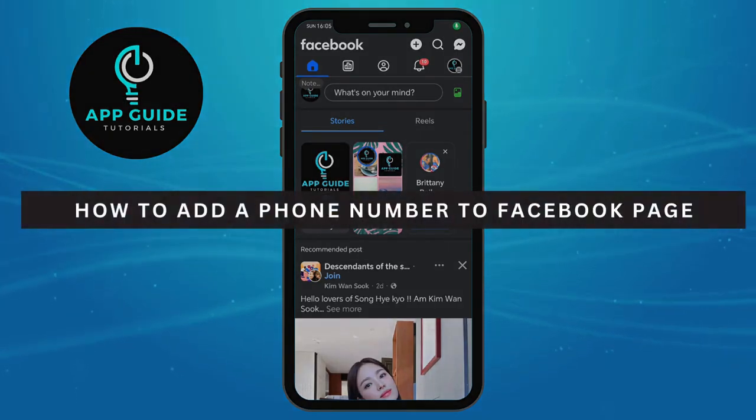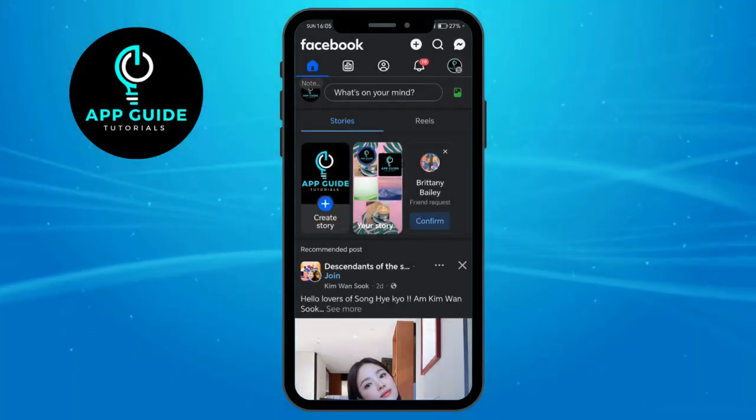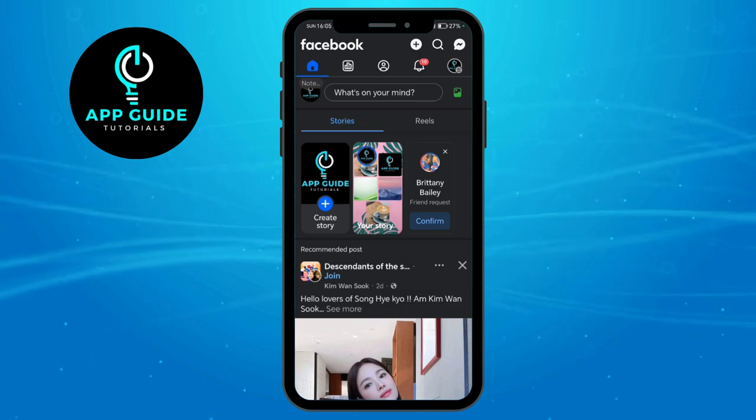How to add phone number to Facebook page. Now, the very first thing you're going to do if you were to add a phone number to Facebook page